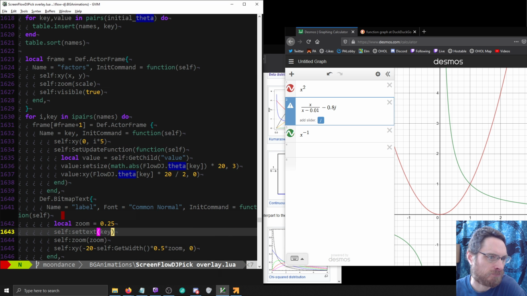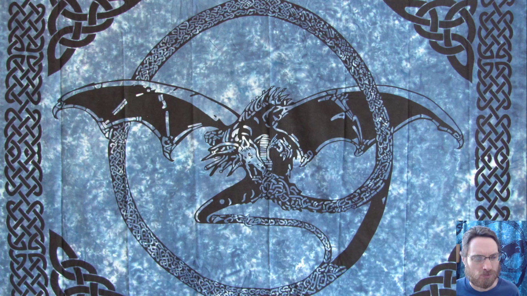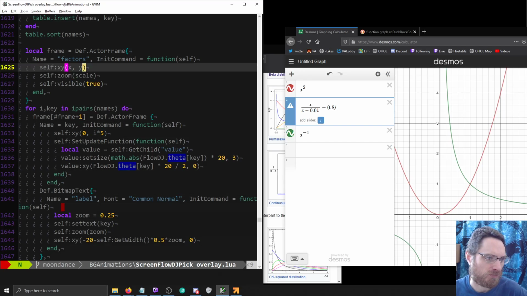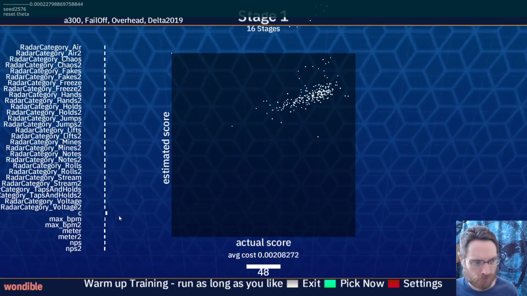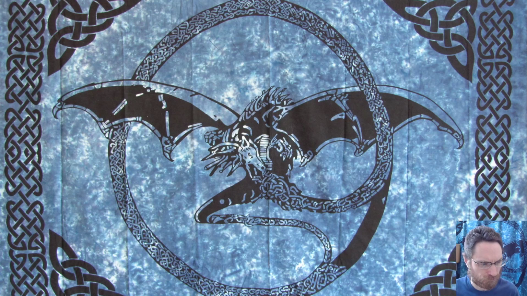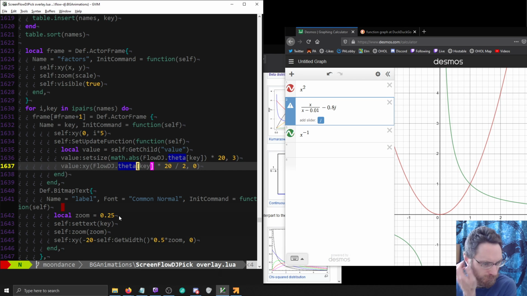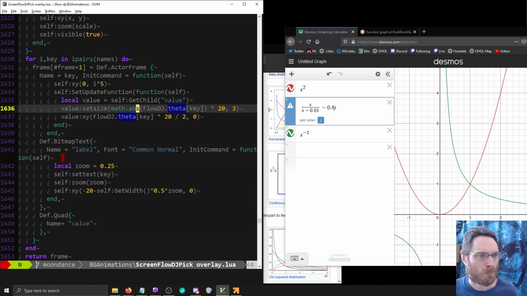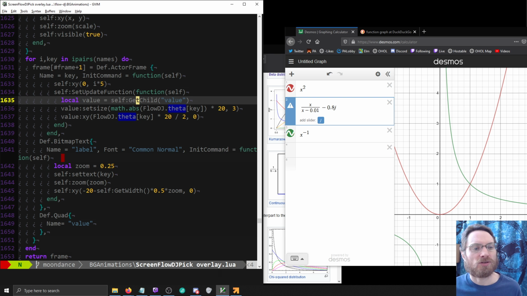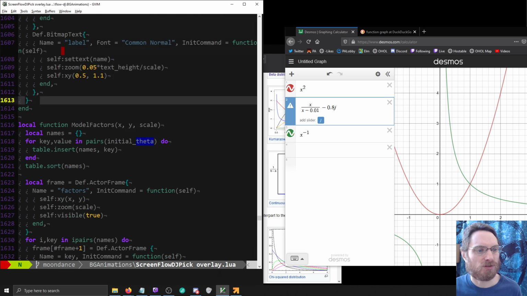Table insert. Actor frame. Set size. Set text key. So this is the theta itself. You would need to have